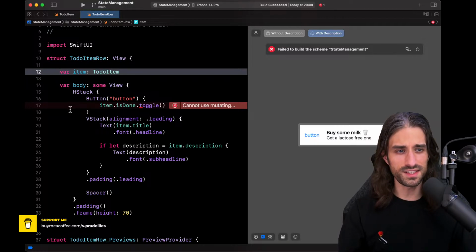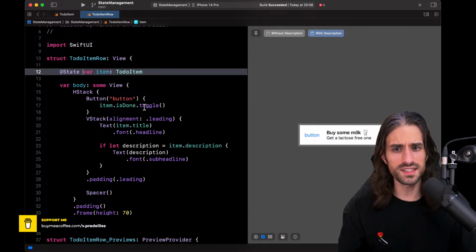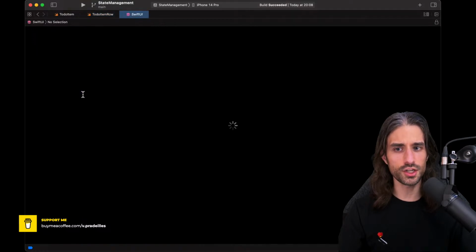You probably have an idea of which modifier we should use for that, and I think we've used it in a previous chapter just to see how it worked, and it's the @State modifier. You can see that just by using this modifier, the error has gone away, which seems a bit weird in a way, but let's see why, and we can see why by jumping to the definition of @State.